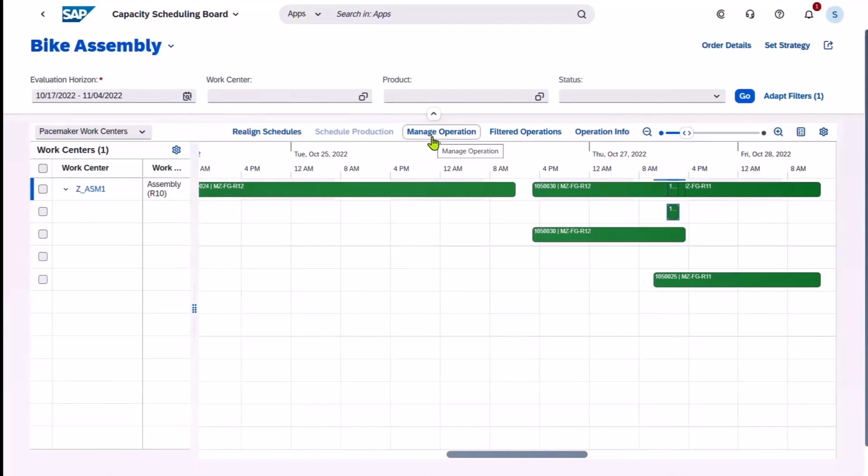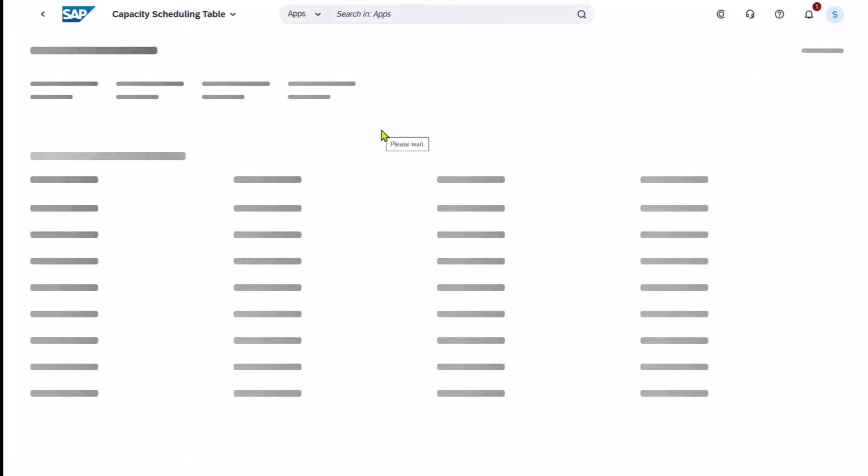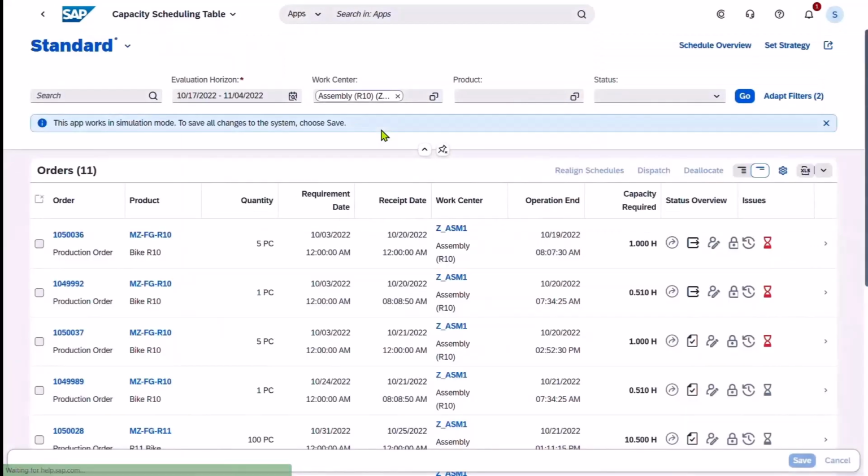We can manage the operations and schedule that particular operation individually, but I think what we're going to do is just select the entire work center, and we can either realign the schedule or schedule the entire order range. So we go to schedule production. That'll give us the full list of orders that are impacted within the horizon, and we can select all these orders,